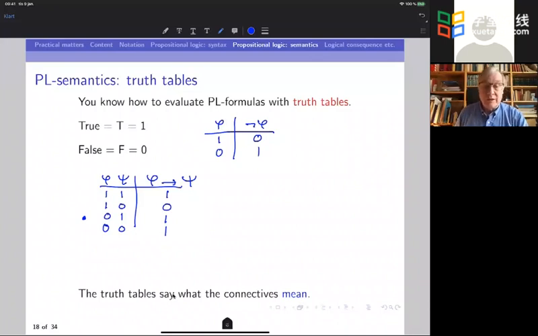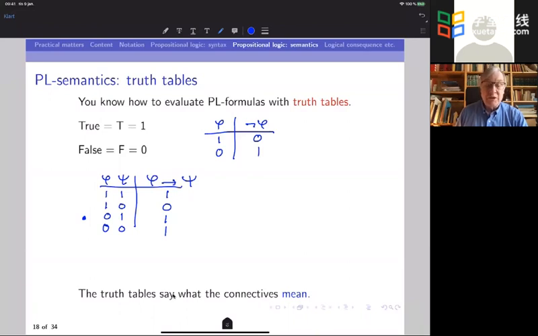You could say that it's by stipulation, but this is simply the definition of what this arrow means. It's called material implication. It's not the same as the word "implies" in English or Chinese, or "follows from." That's another kind of implication. This is just a connective, and you have to decide under what circumstances phi implies psi in this sense is